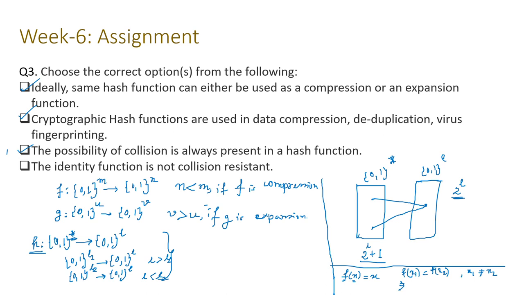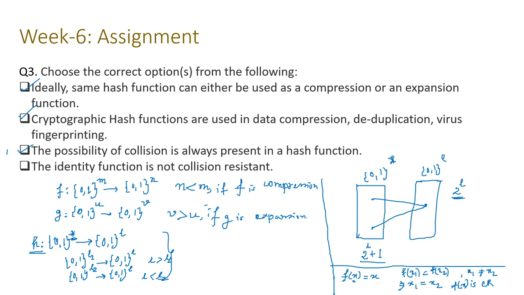Now the way the identity function is defined is that f of x1 is equal to x1 only and f of x2 is equal to x2 only. So it is implying that x1 has to be equal to x2, although we initially assumed, due to the non-collision resistant property of the function f, that x1 is not equal to x2. However, f of x1 equal to f of x2 will imply x1 is equal to x2. This is a contradiction. So we say that f of x is indeed collision resistant, because for each input you get itself in the output.